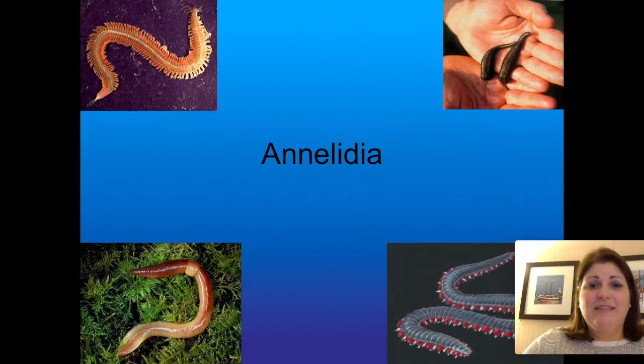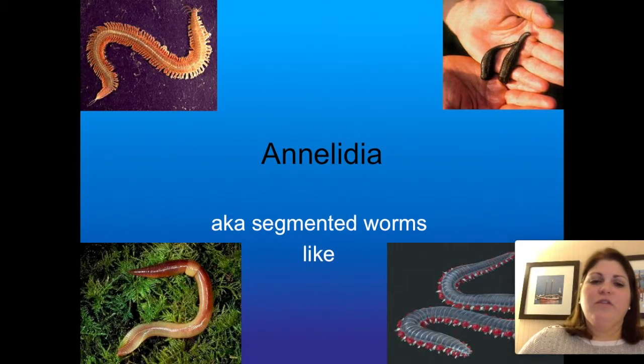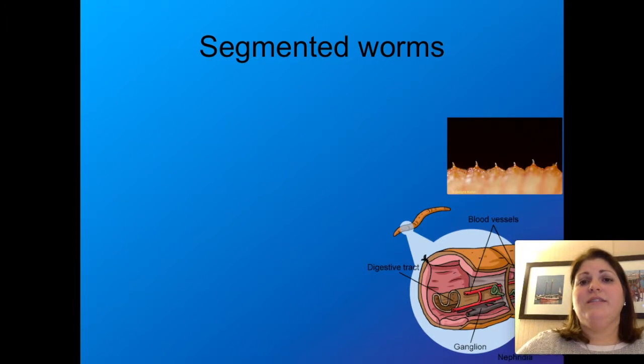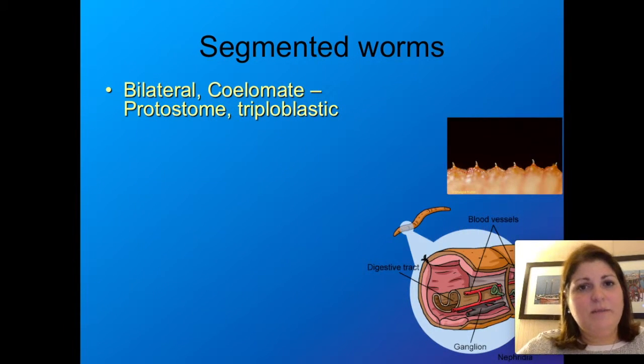We'll start with annelids. So annelids would be, as I said, segmented worms, the most familiar of which is probably the earthworm. Leeches and mealworms are also great examples of annelids. As we talk about their characteristics used for classification, the most notable are, of course, that they are bilateral. They are coelomates, remember,